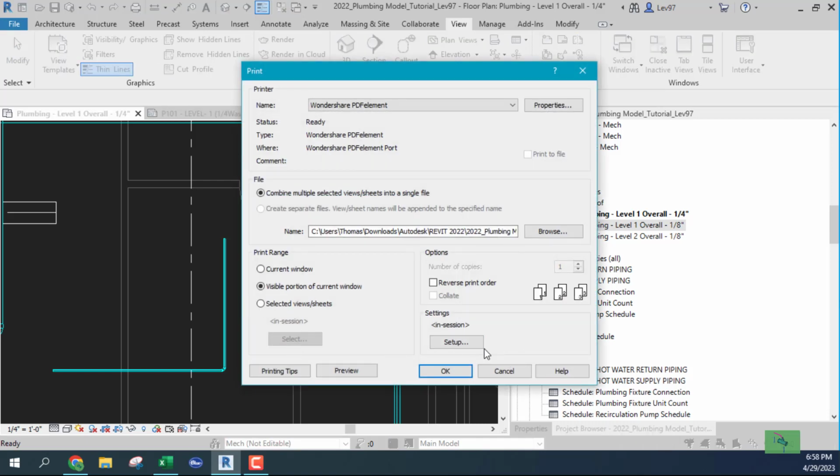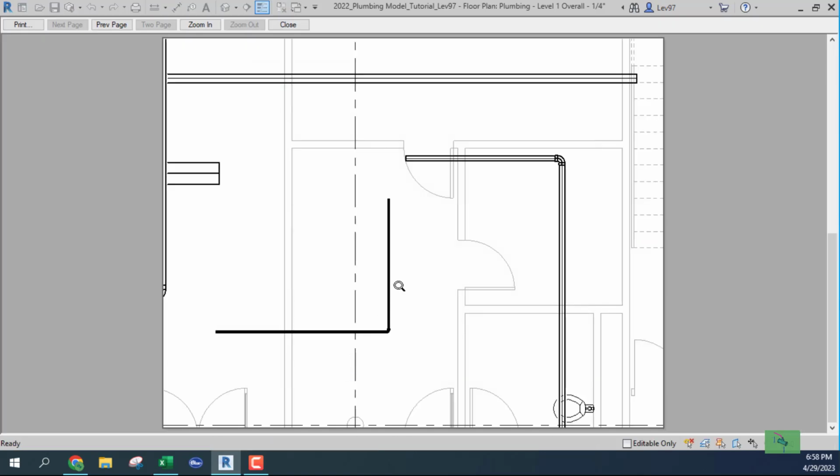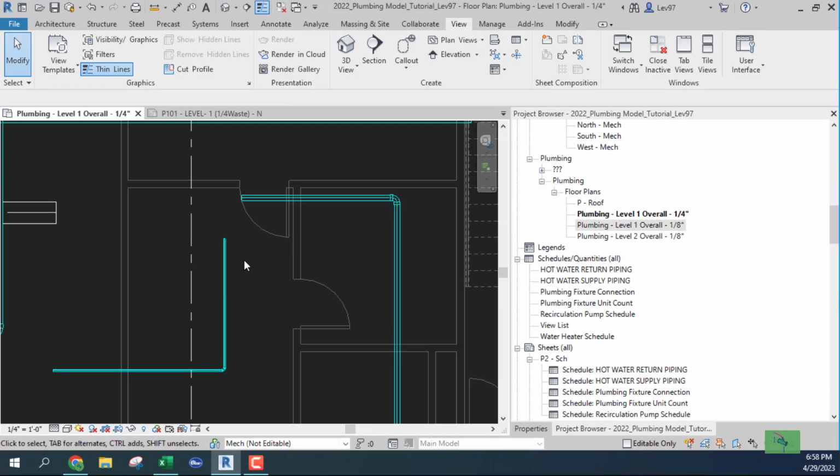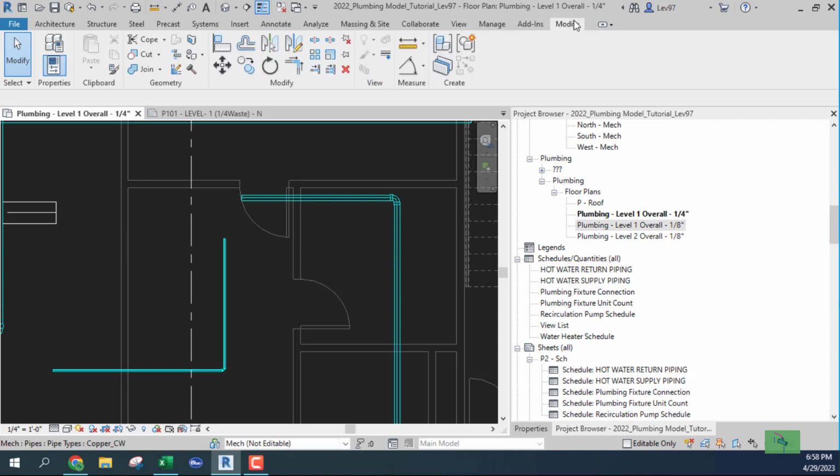Let's print visible. That's good. Okay. So you see how thick the line is, which is why this looks like one big thick line. Okay. So you close this, and you might want to go up to modify,